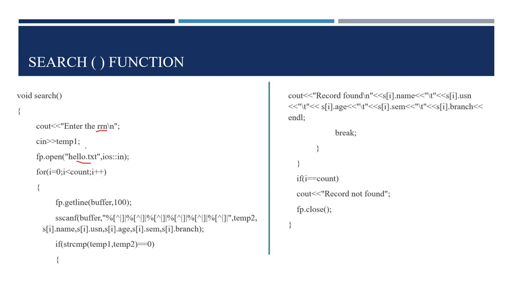The value of RRN is read, and then it will be compared with all the variables in the stored information. That is, each line is read,